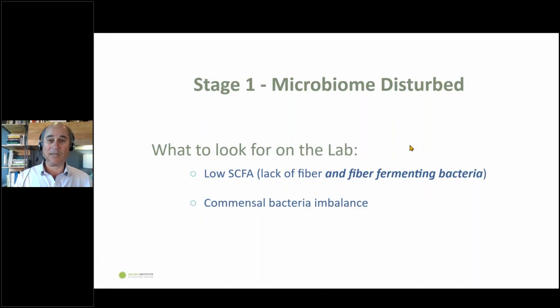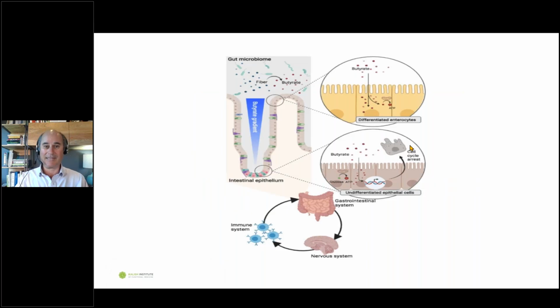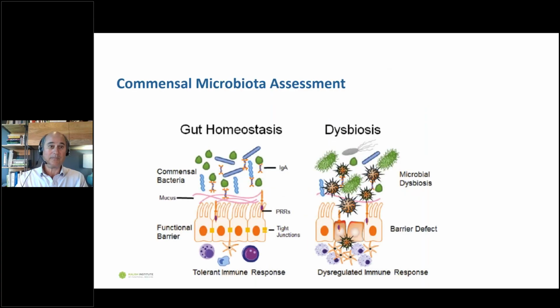So that's stage 1. You've got a problem with the microbiome itself, and there's a bunch of different solutions. You can use butyrate, you can use prebiotics, probiotics. It's a bunch of different potential solutions you can use to get the good bacteria back. But really, a lot of this comes down to fiber and polyphenols from your diet.